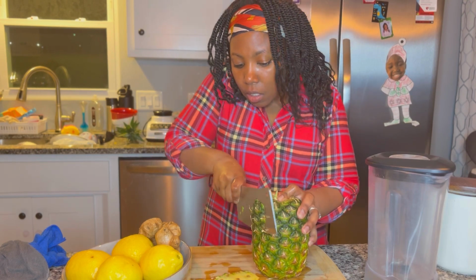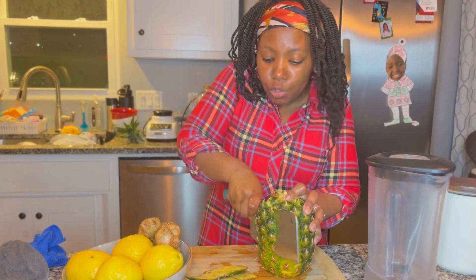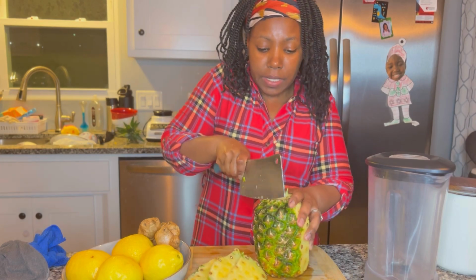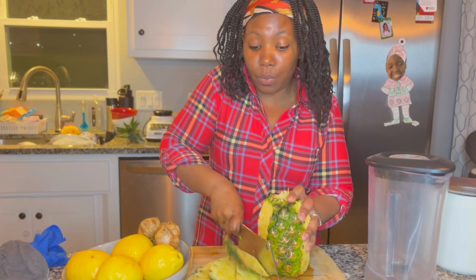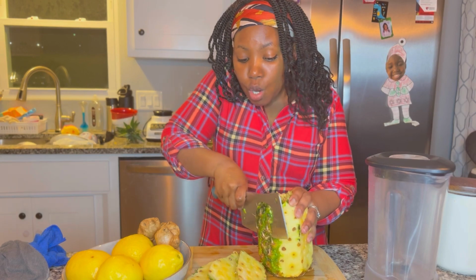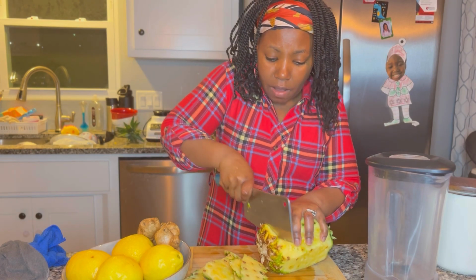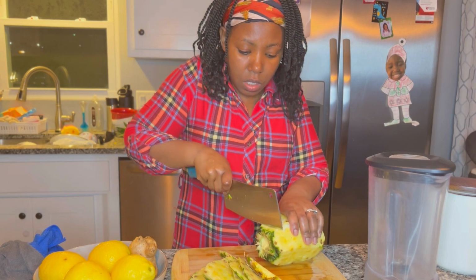I made this drink for the multicultural fair and people loved it, okay? Like I said, it's only going to be, oh, actually not 3, by the way, 4. I'm gonna put a little bit of sugar in it to make it sweet, not too much, but just enough, okay? So I'm gonna cut all this